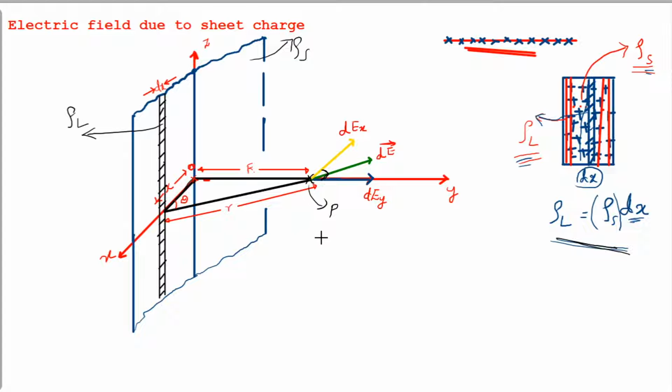Now keeping all this in our mind, let us remember what is electric field intensity due to this line charge at a point P. Generally, what is electric field intensity? Here it is a small portion, so I write it as dE instead of E. What is electric field intensity at a point due to line charge? It is nothing but rho L. We have derived this in the previous video, right? If you are not remembering, pause this video here, go to my previous video, watch it and come back, then continue.